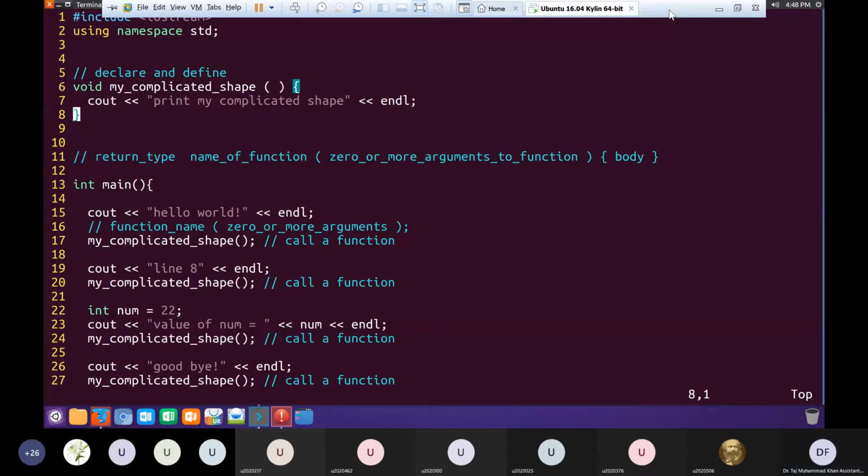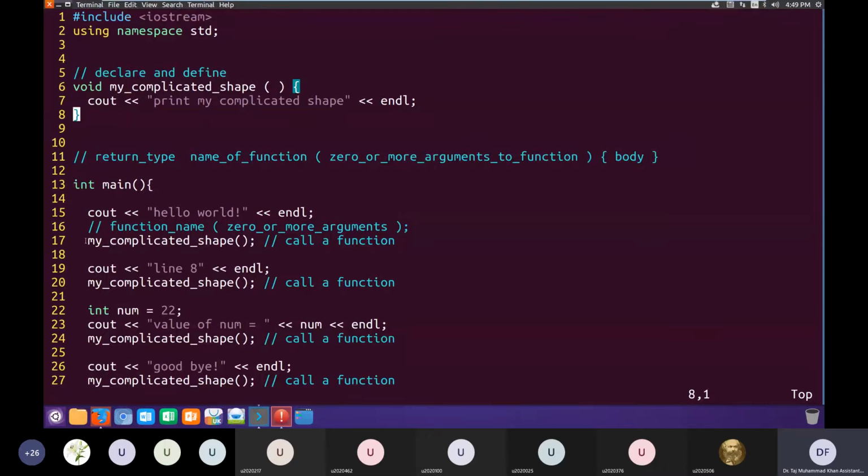The execution flow I discussed right now at line 17, I called this function. So the execution flow, instead of moving forward, will jump from line 17 to line 6, the body of the function, and then it will execute the body of the function until the end.